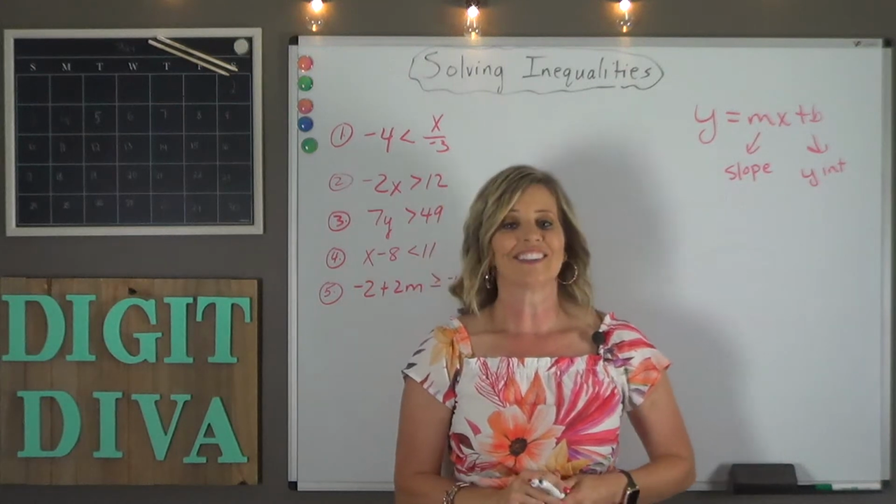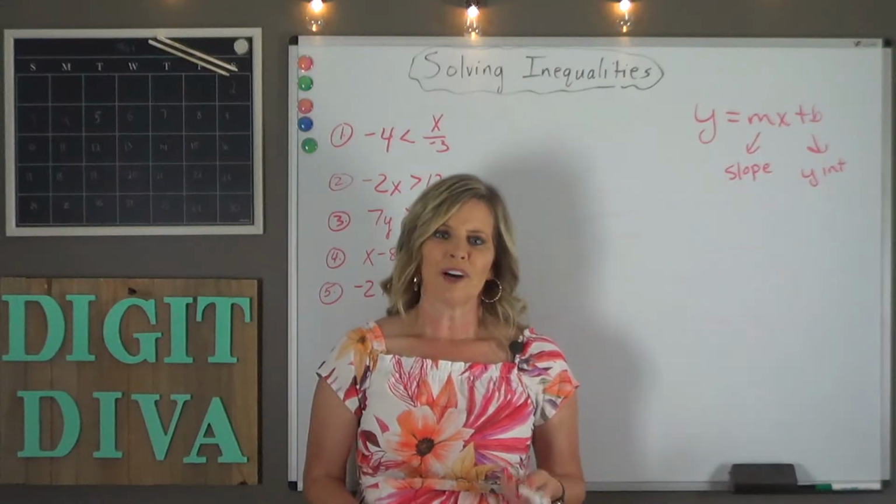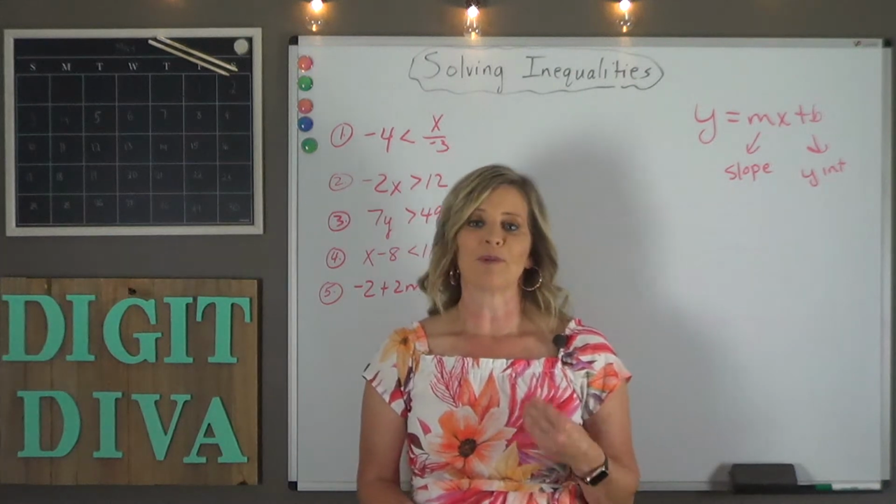All right, let's look at a slide together. When graphing inequalities in slope-intercept form, less than and greater than have dashed lines because the number is not included in the answer. Less than or equal to and greater than or equal to have solid lines because the number is included in the answer. So less than and less than or equal to shade below the line, greater than and greater than or equal to shade above the line. All right, so that was a lot of information,